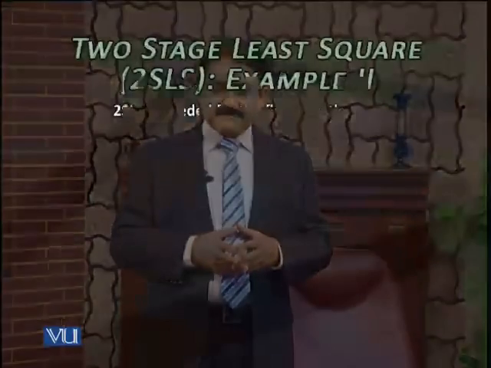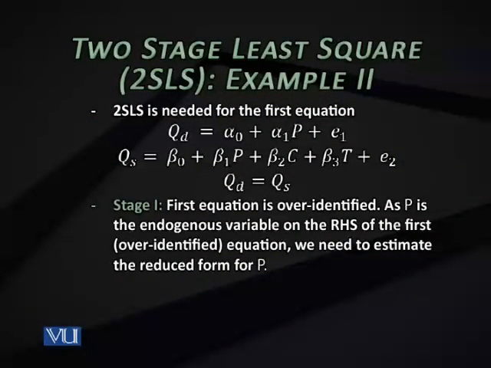We'll focus on equation 1, that is the demand equation, and we'll use some data set to try to estimate the parameters alpha naught and alpha 1 using a two-stage least squares procedure. So in this case, in stage 1, you are seeing the model on the screen. In stage 1, what to do? You remember that we need a reduced form equation. Which one? Look at the original equation 1, the demand equation. What is the endogenous variable on the right-hand side?